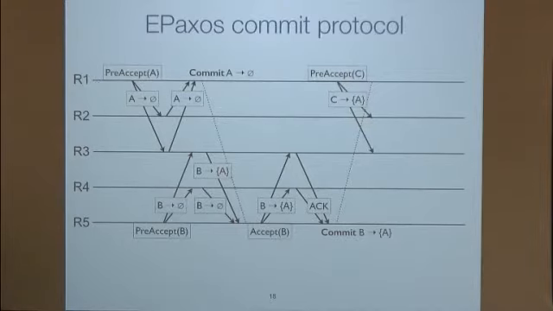R1 has not seen any message for B, so it says C depends only on A. And then R2 and R3 have both seen commits for B before getting the pre-accept for C, so they say C has to depend on both A and B. Because the two acceptors agreed with each other, R1 can commit locally and notify every other replica asynchronously, including the